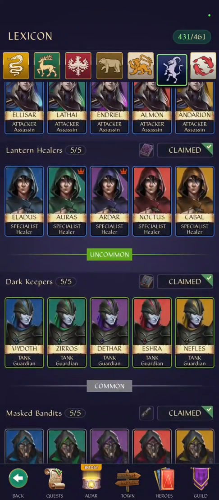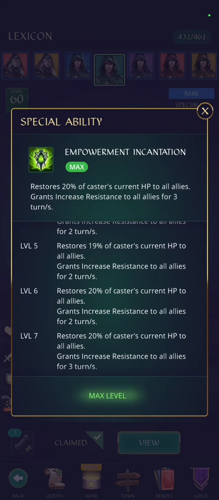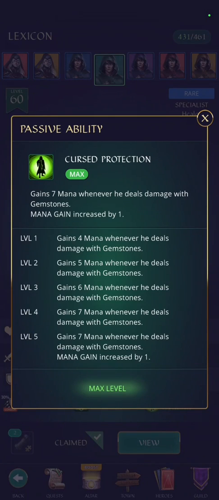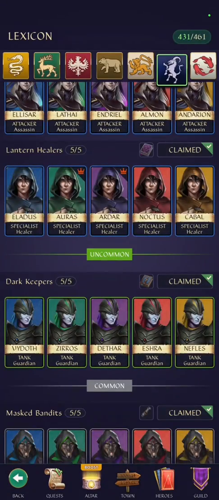Lantern Healers. RS is probably the best one out of these. He's the healer for sure. He restores 20% of caster's current HP to all allies, grants increased resistance to all allies for 3 turns, and gains 7 mana whenever he deals damage with gemstones. The other one that is decent is